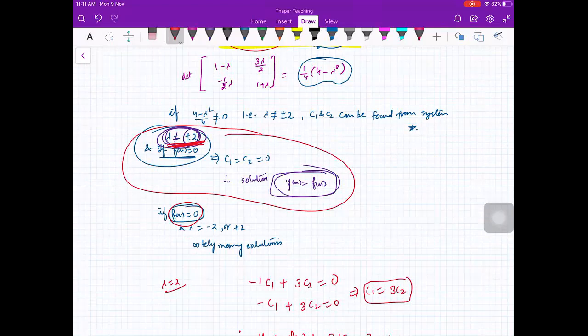So for lambda equal to -2 and +2 you will get a non-trivial solution. I said it the wrong way round here. These are not the eigenvalues, these are the eigenvalues. Is that okay? Because what is the definition of an eigenvalue? The value for which you are getting a non-trivial, non-zero solution. So when f of x is 0, these are your eigenvalues. Got it beta? I said it wrong.